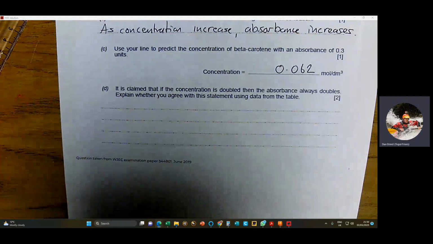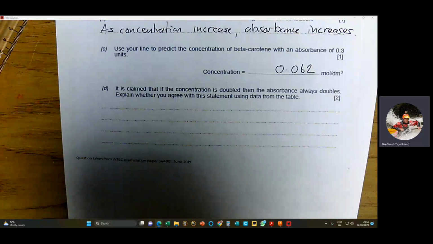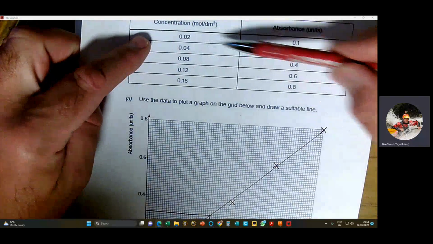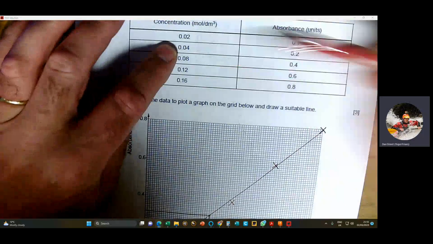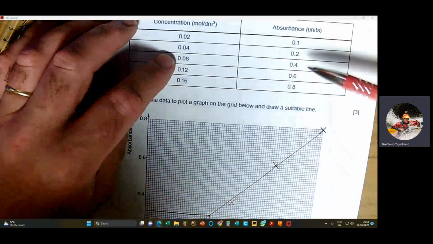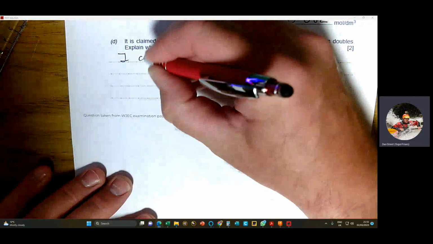Then it says it is claimed that if the concentration is doubled, then the absorbance always doubles. Explain whether you agree with this statement using data from the table. So if we have a look at data from the table, if we start off with a concentration of 0.02, that gives us an absorbance of 0.1. If we double it to 0.04, then we also double the absorbance, so it's looking good. If we double it again, then we double it again. So we can confidently agree. That would get you the first mark, I agree. And then you can say because